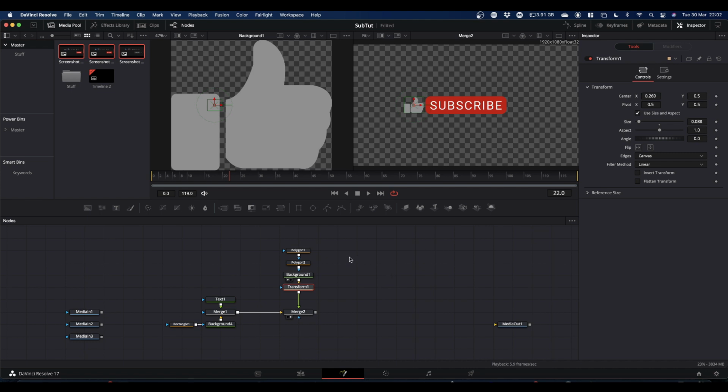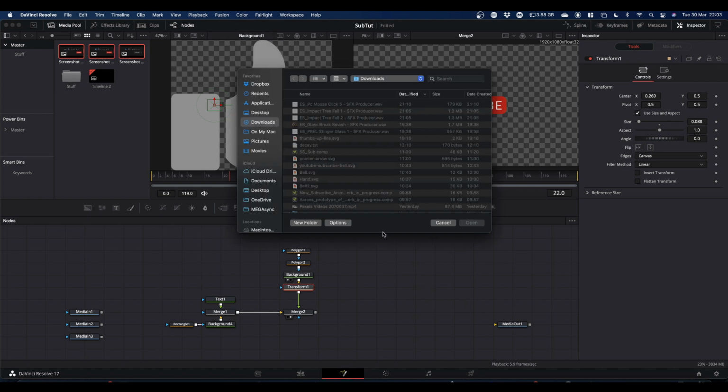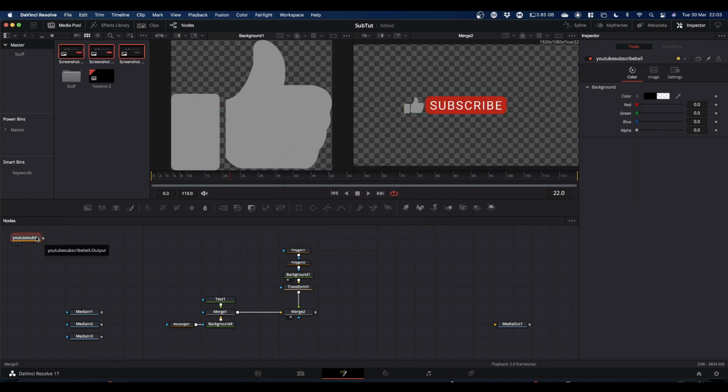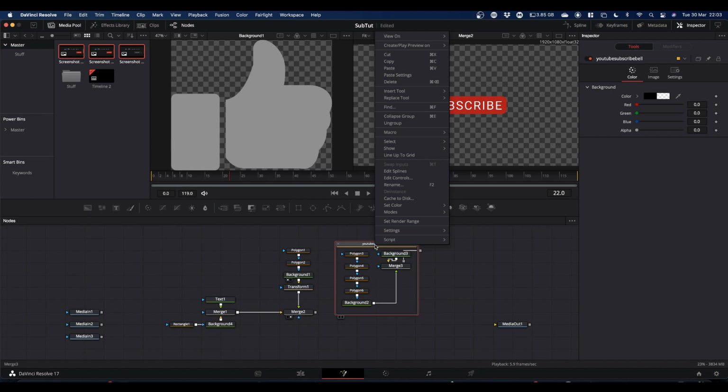So again, same process: Fusion, import, SVG, and we want YouTube subscriber bell. Again, it tells you the resolution that it's going to come in at. Just click OK, and again you've got another group. Double click it, ungroup,